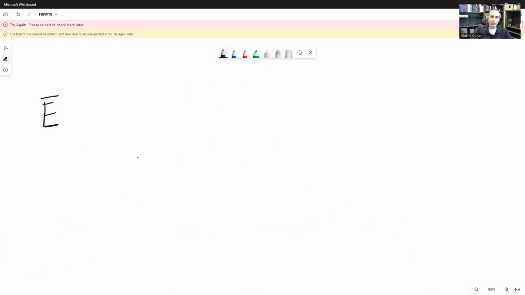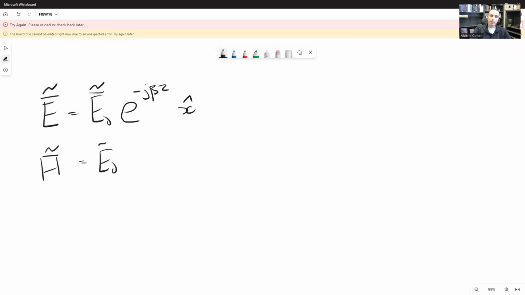The electric field will have some base phasor value, and we're going to change that phasor by multiplying it by e to the minus j beta z. We're going to assume it's oriented perpendicular to the z direction, so let's say it's in the x direction, in which case the magnetic field as a phasor will be